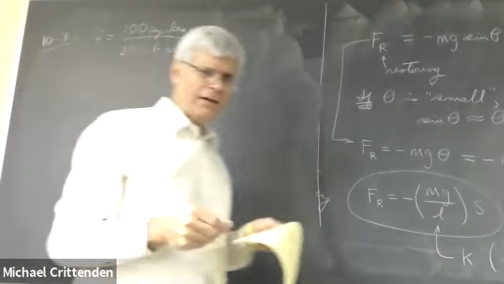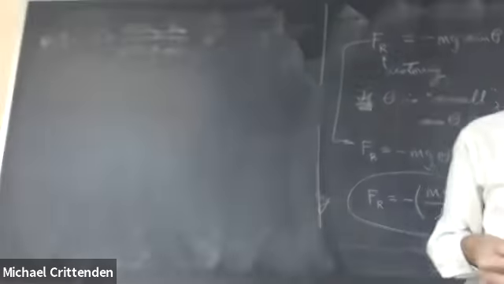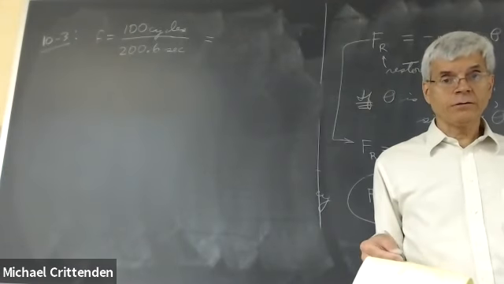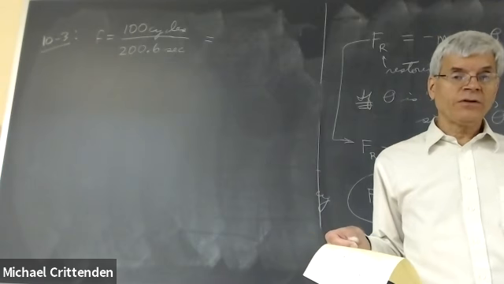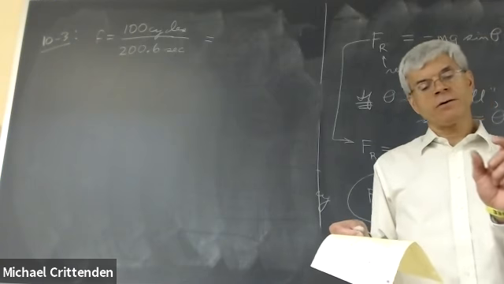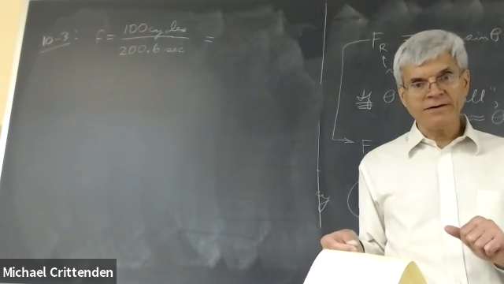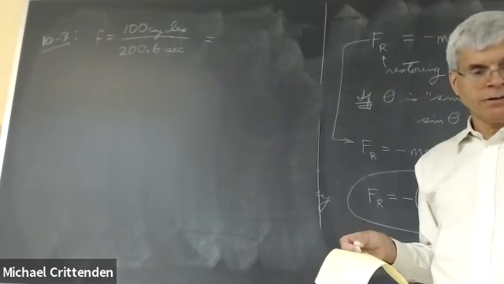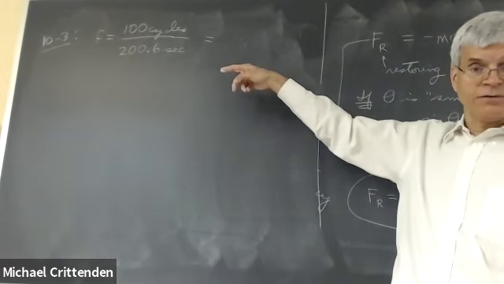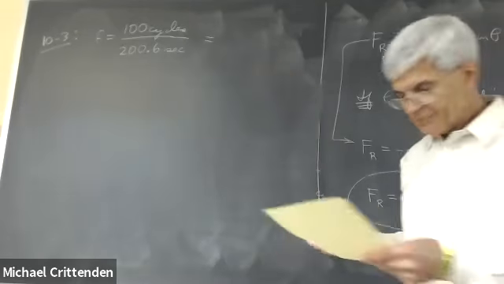There isn't exactly a formula on the formula sheet that I'm using here. You just simply have to understand what the frequency is. Frequency is the number of cycles per second. Anytime you encounter the word per, that means divide. Miles per hour is miles divided by hours. Cycles per second is cycles divided by seconds. So